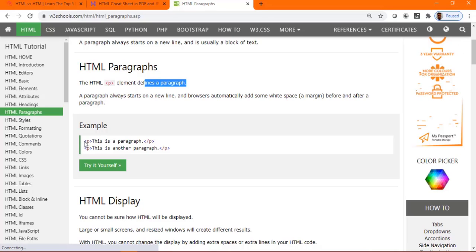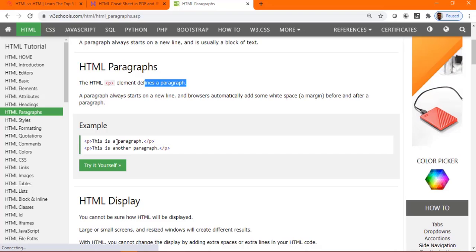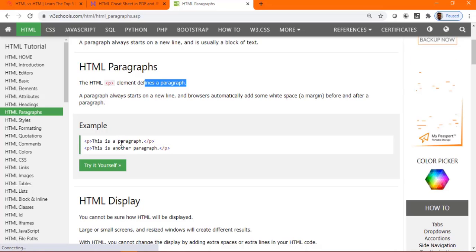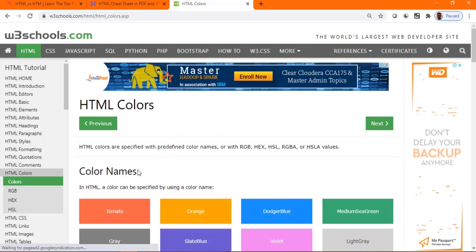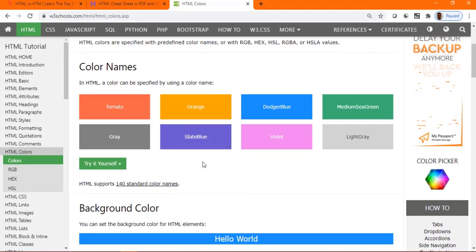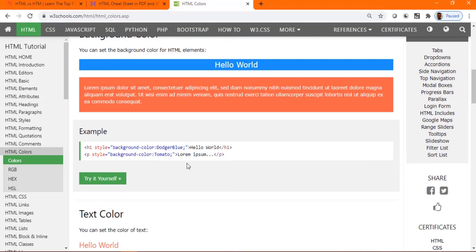I want to go back further. I want to use colors. Can you select HTML colors? I would like to show different kinds of colors. Okay, no? If I want to show different kinds of colors, I think these colors will be defined by using some kind of syntax. Can you get here? Colors will be defined by using some attribute. So how do I define a color? I can define a color for my program.